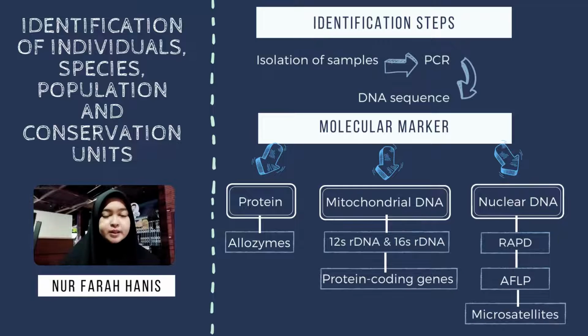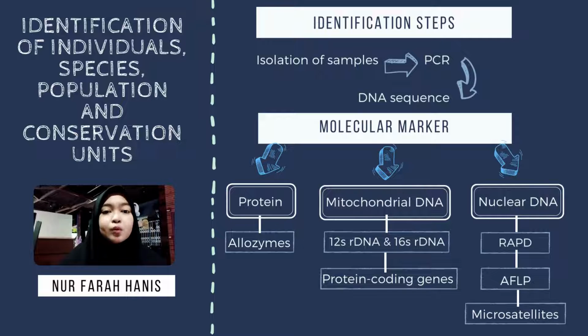Identification of individuals, species, populations, and conservation units. First, the identification step. Identification steps start with isolation of samples. Samples might be feather, blood, skin, and so on. Next, the sample will be identified using PCR. In PCR, a molecular marker will be included within the sample taken. It can reveal some characteristics about the sample. It will be amplified by PCR, then the PCR product will undergo DNA sequencing in order to know what species and